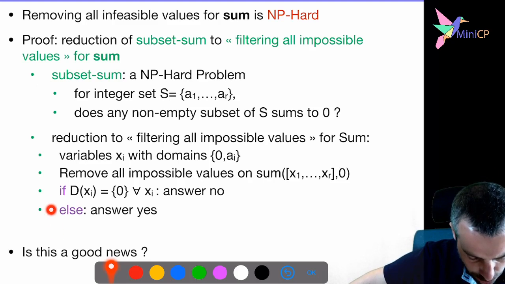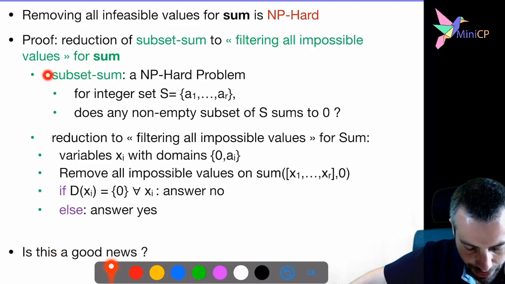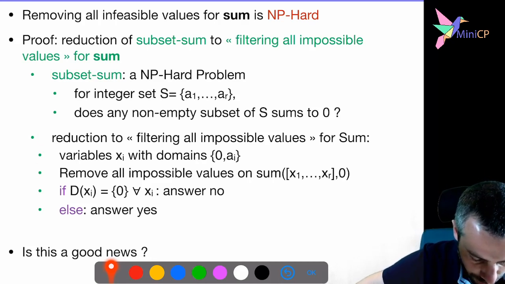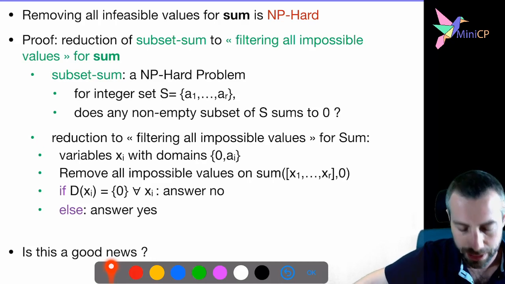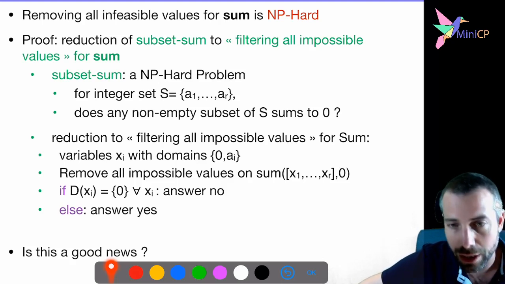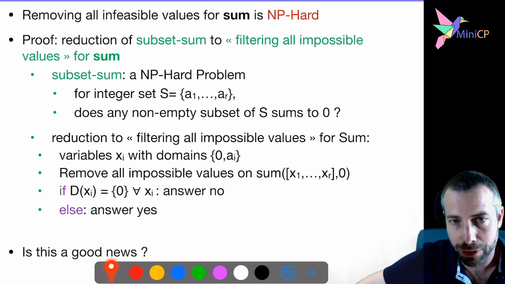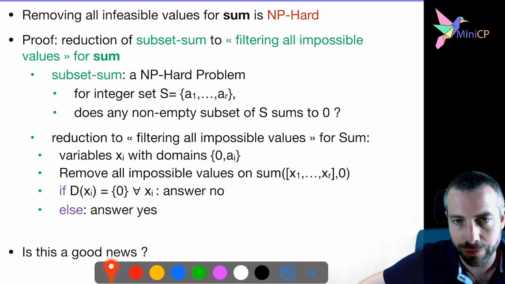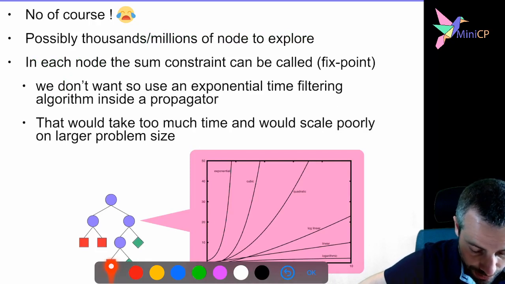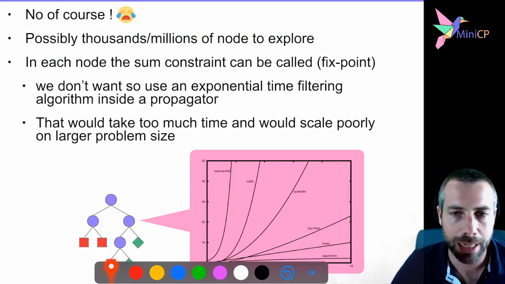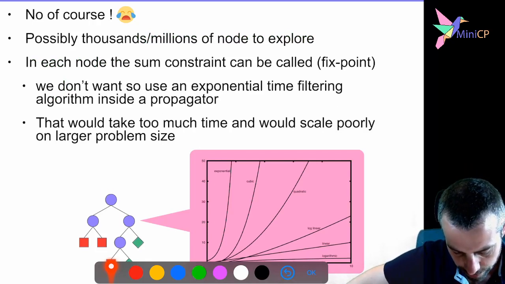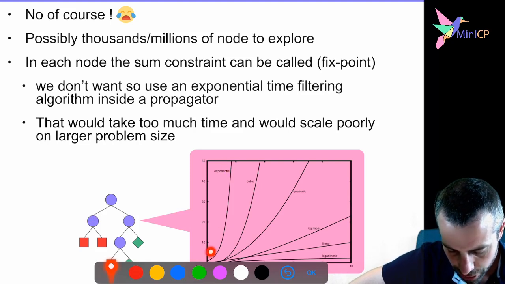So this is not good news that you would be able to solve the NP-hard problem subset sum if it was possible to have an efficient algorithm for the filtering of the sum constraint. It's not good news, of course, because it also means that given the current knowledge of algorithms, the only possible solution would be an exponential time algorithm for the pruning of the sum constraint. So it's not good news, and we surely do not want to spend an exponential time in the filtering on one specific constraint, right? Because we will apply this algorithm in every node of the search tree. So you don't want to pay an exponential time complexity.